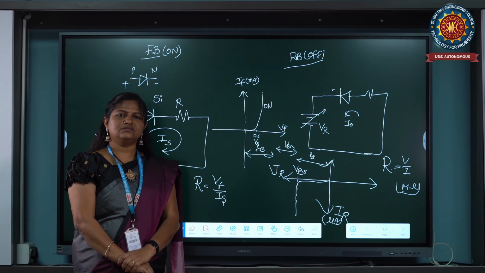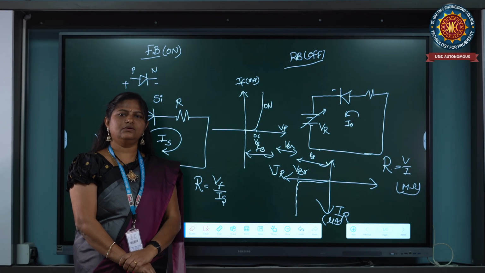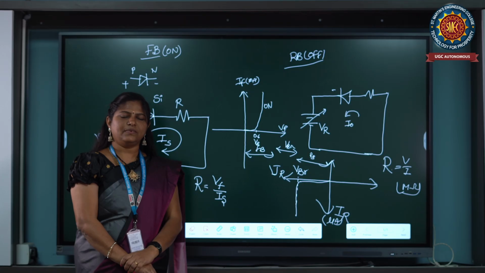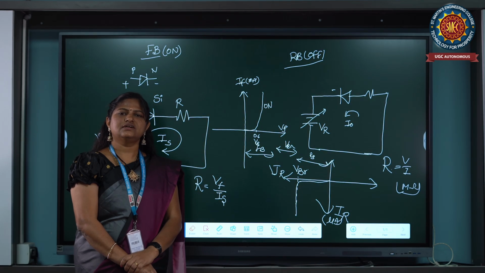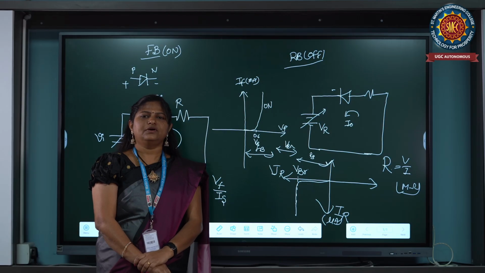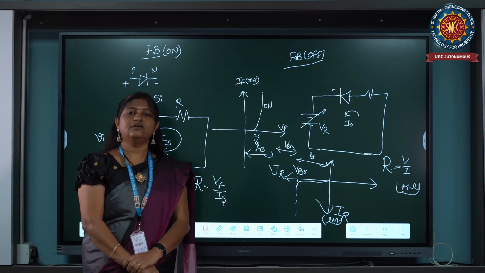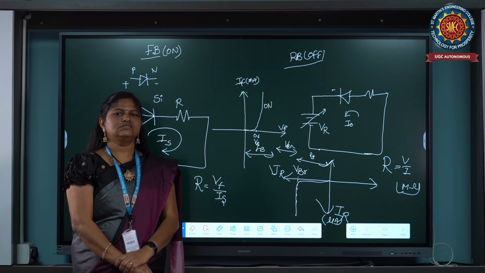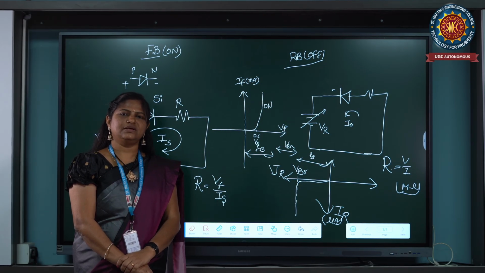During the negative pulse of the input signal, the diode is in the off condition. It acts like an off switch. It won't allow the flow of pulses. Then at the end we get the output, that is the pulsating DC, which consists of only positive pulses. This is the important property of the diode, that is unidirectional conduction. That means it allows the flow of only unidirectional pulses.